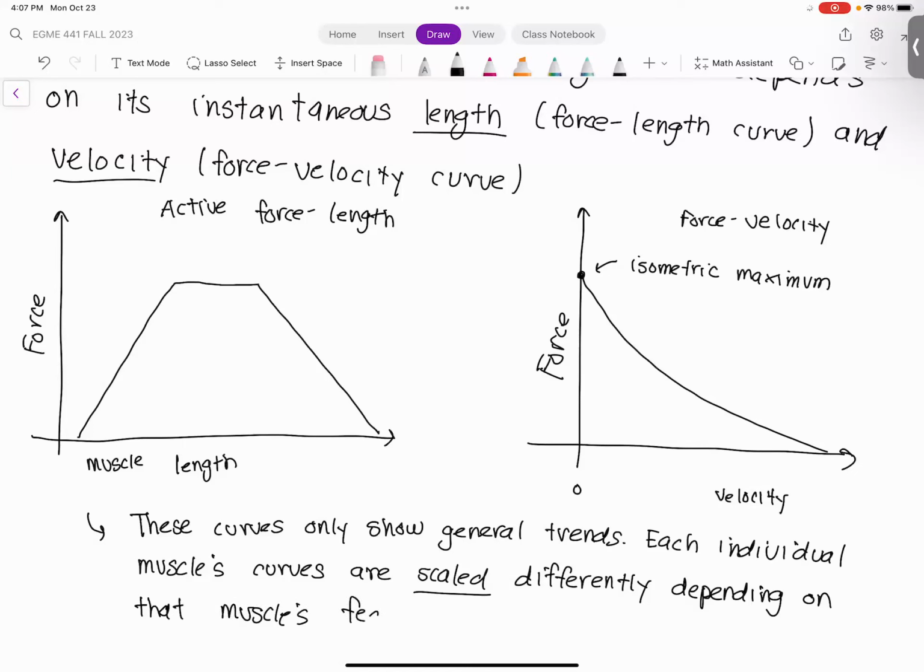Okay. In fact, I think probably the more accurate way to say it is that